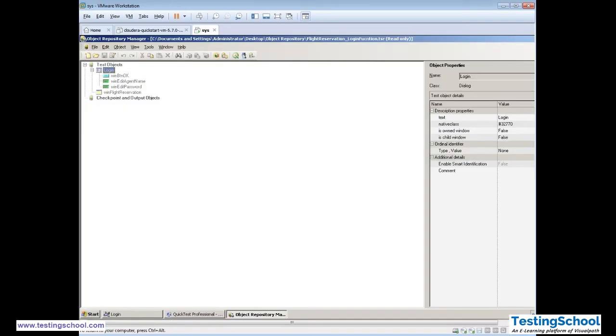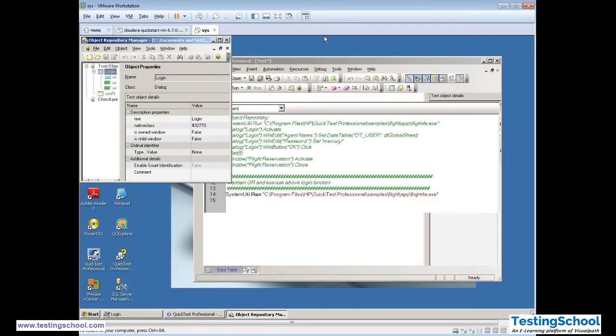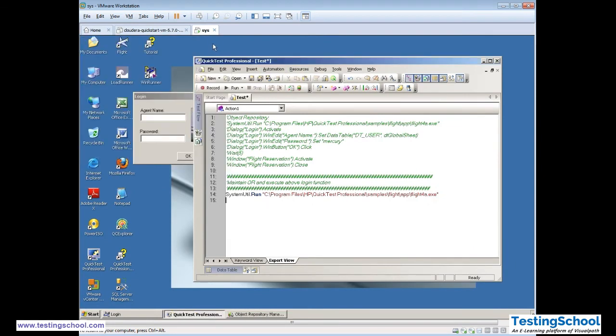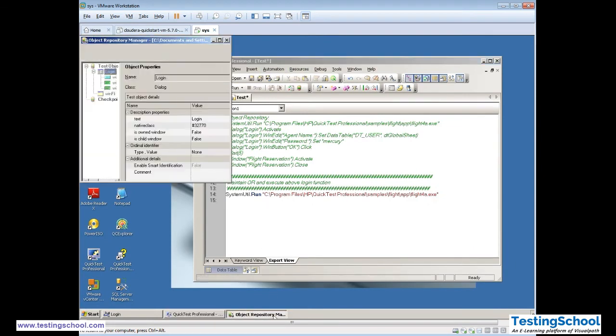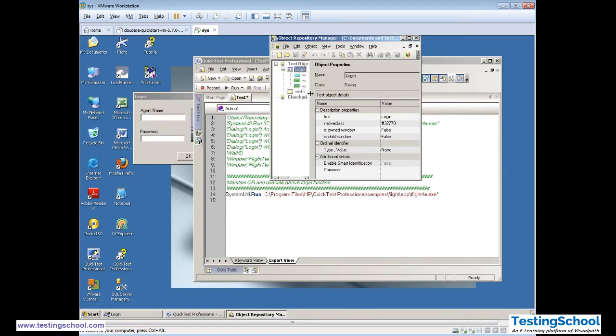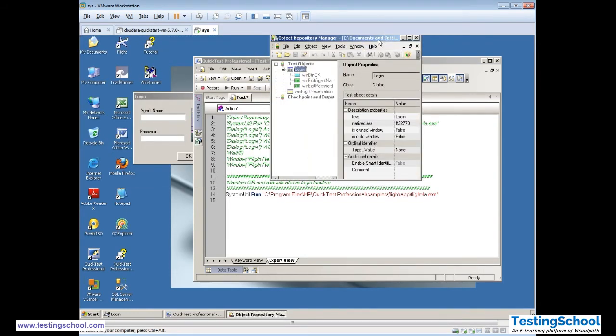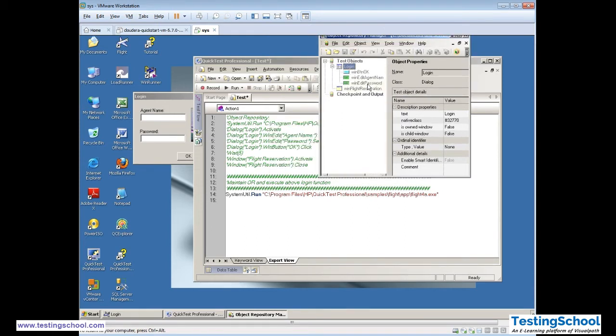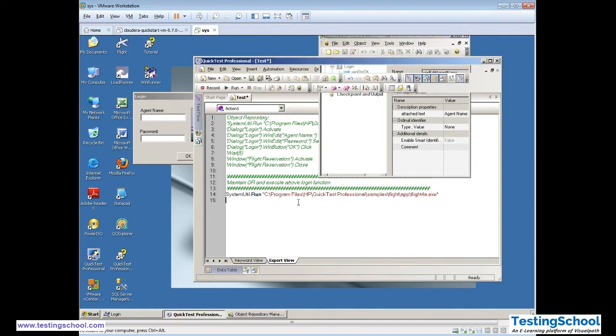Second. Okay, now what we are supposed to do, we wanted to write the code for this. So instead of me typing and taking so much time, we will directly pull this.